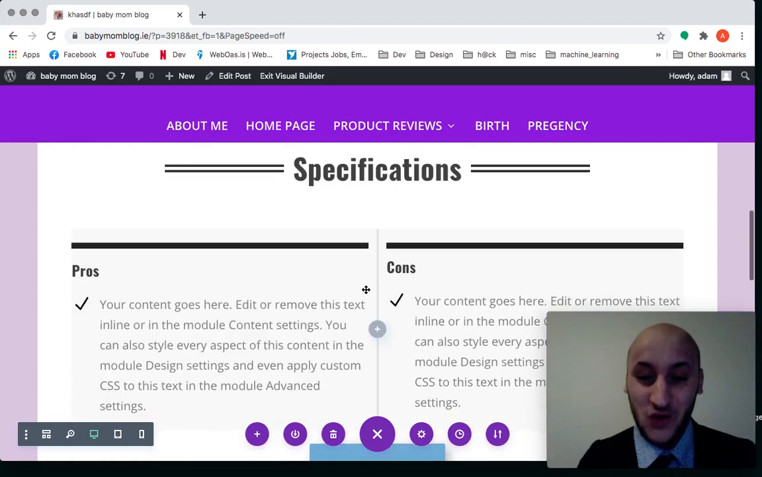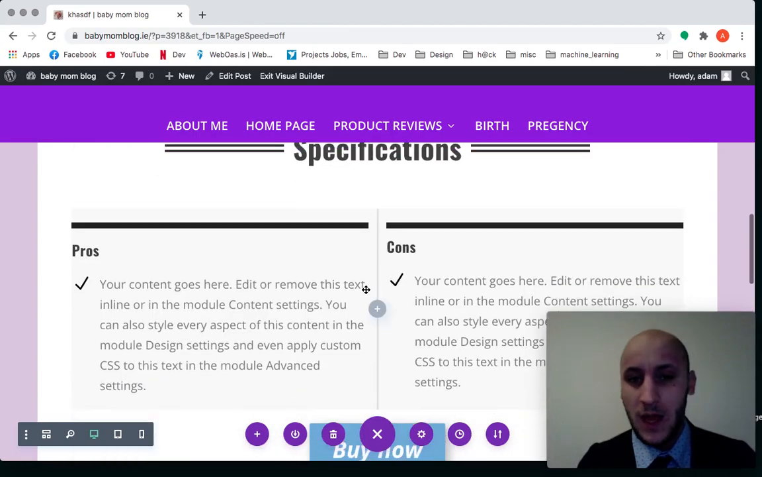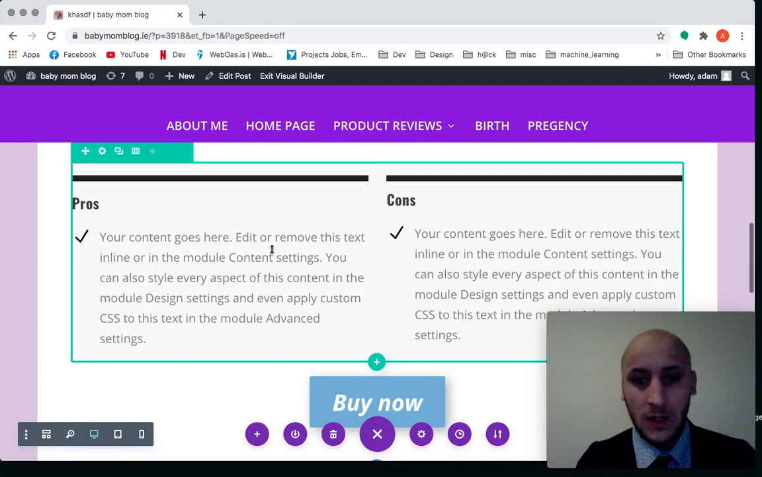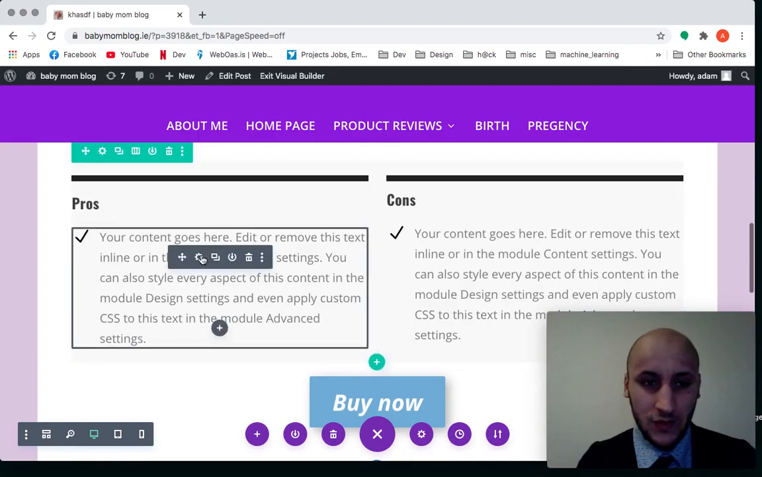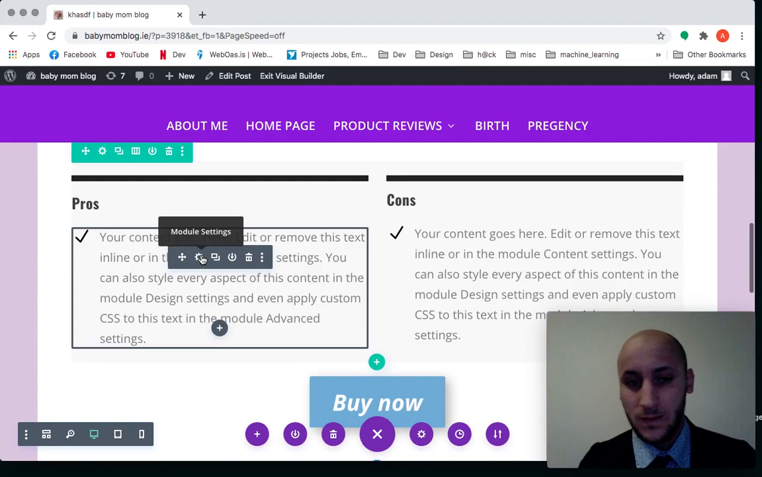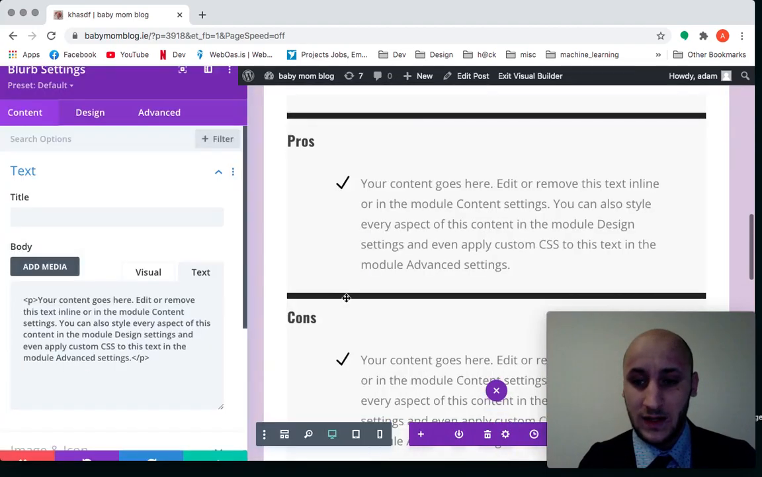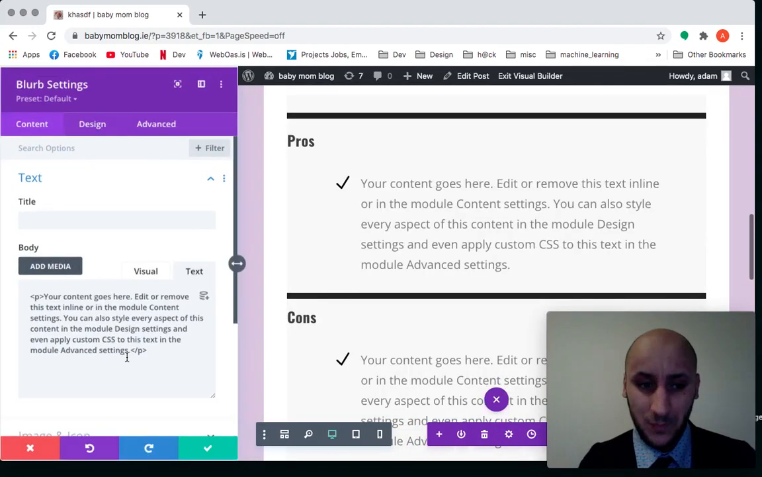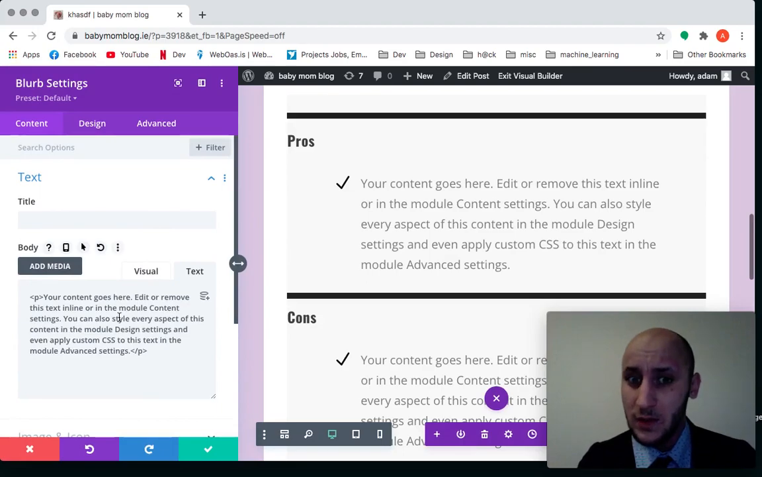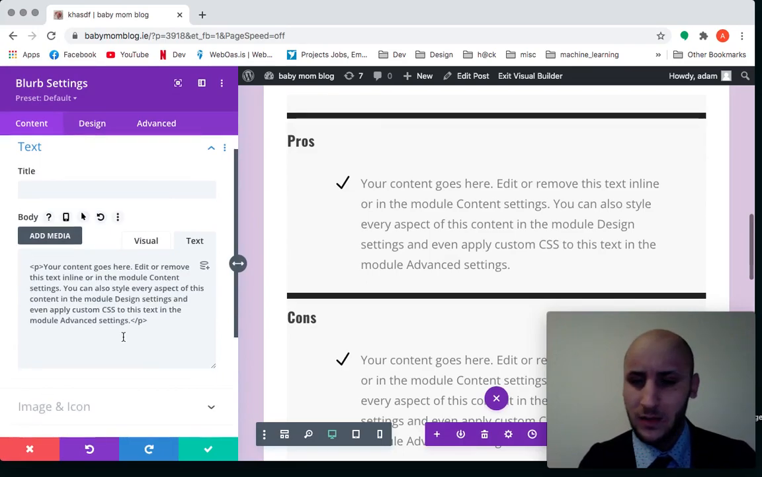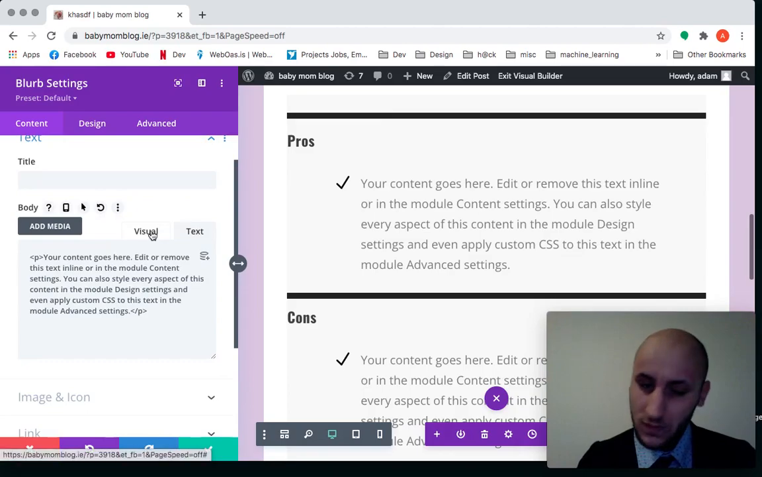And then we can scroll down here to specifications, which you may or may not want to use on every product. However, we'll do it for demonstration purposes. So we'll say pros. Now I'm going to show you how you can use the cogwheel I was telling you about earlier. Text editor. It's a little bit easier sometimes. We'll click on visual,